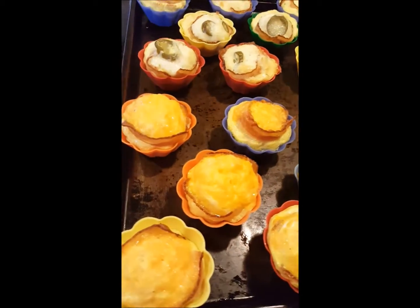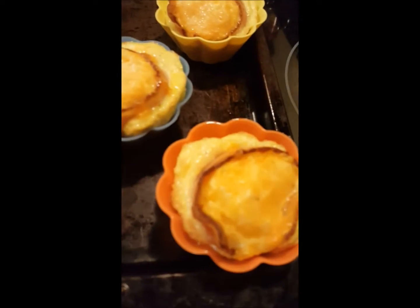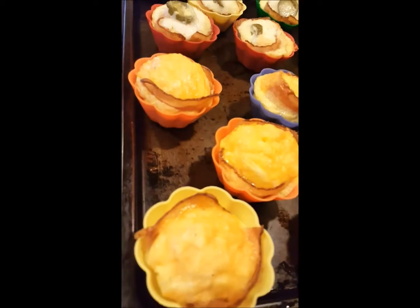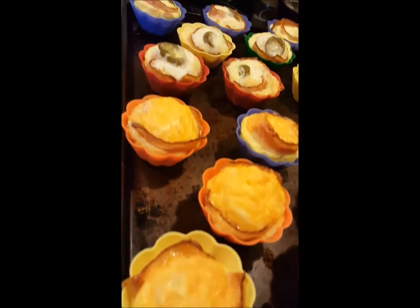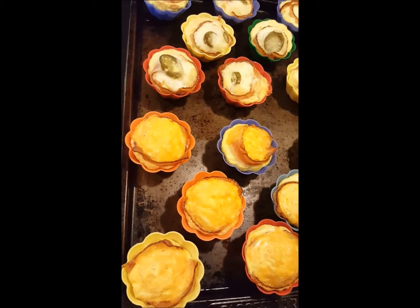Ooh, look at these, you guys. They just came out of the oven, so they're still sizzling away. And it did puff up quite a bit. I think it's going to deflate once some of the heat has escaped. So these will cool down